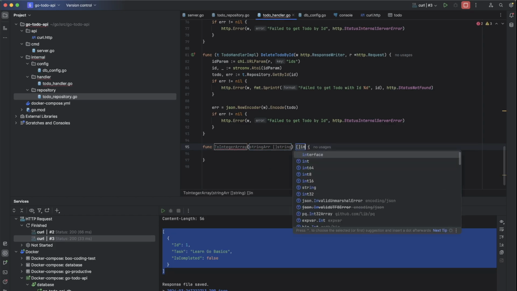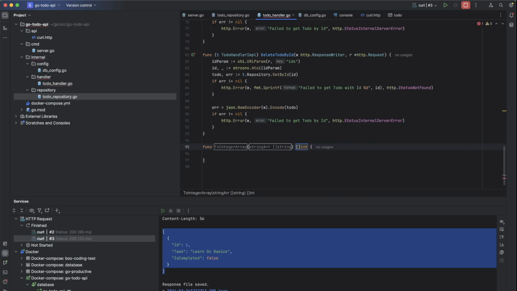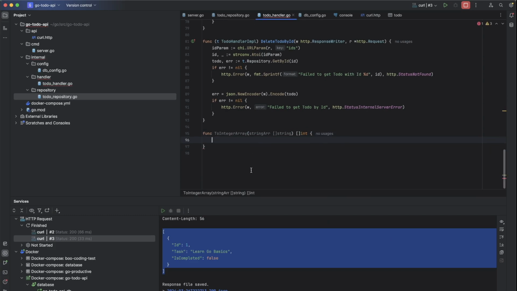It will be returning an integer array. Okay. Then we will provide the result. For result equals to a list or array of integers.